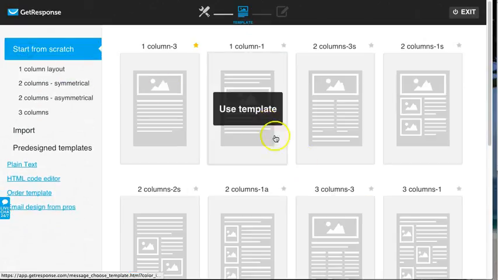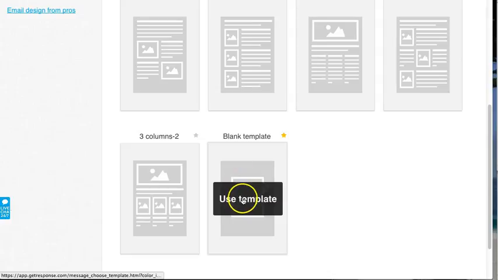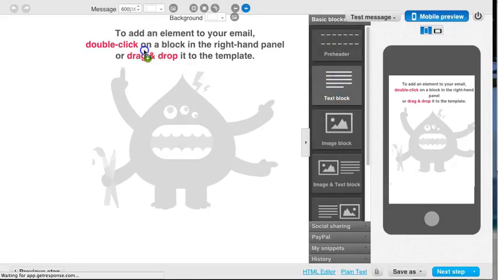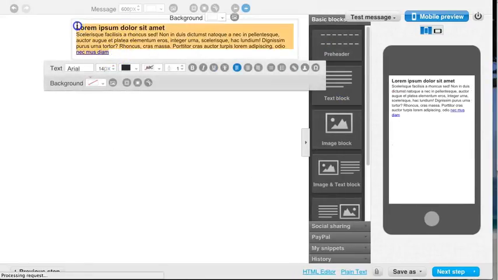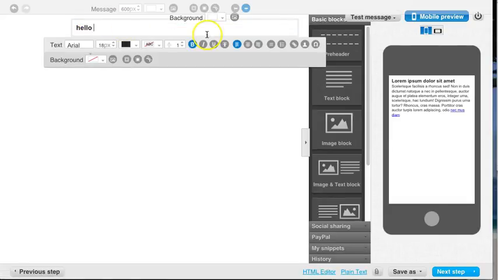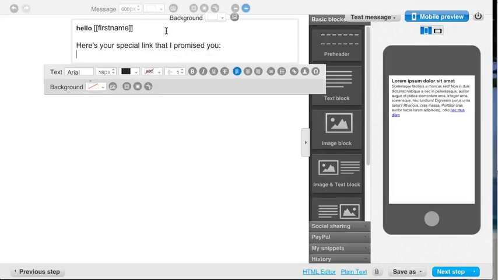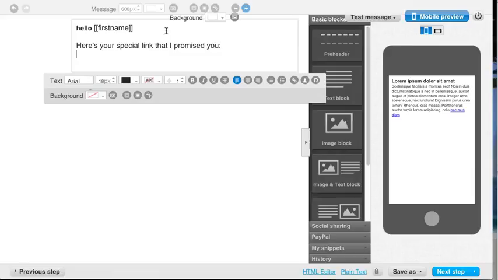Start from scratch. Scroll down, select blank template. Grabbing the text box and moving it over. Highlighting the Latin verbiage there. Hello. Let's personalize it. Here's your special link that I promised you. And then you can just put in your